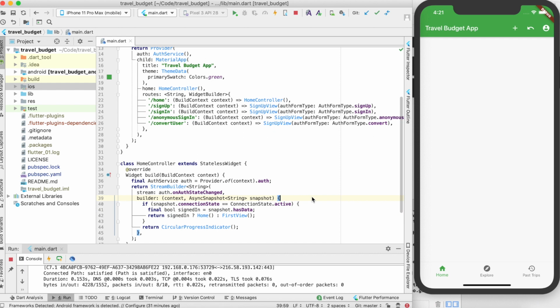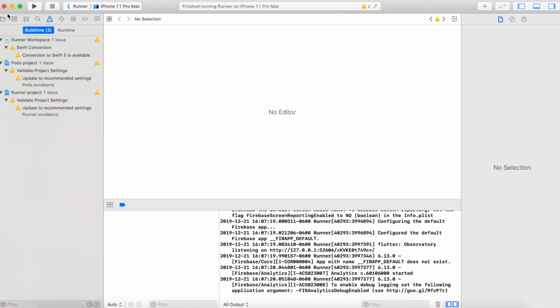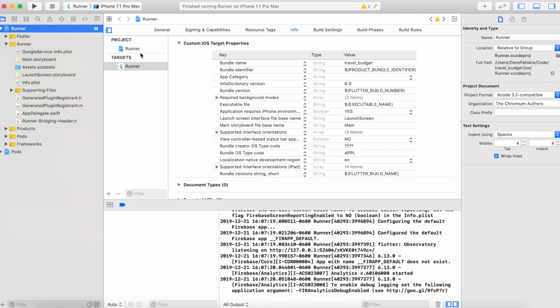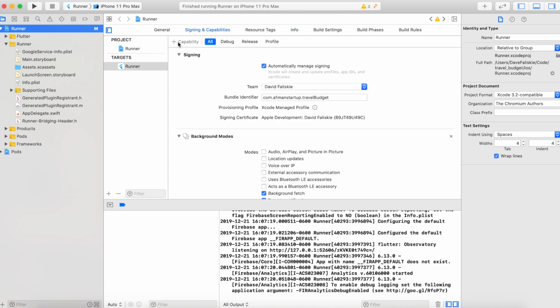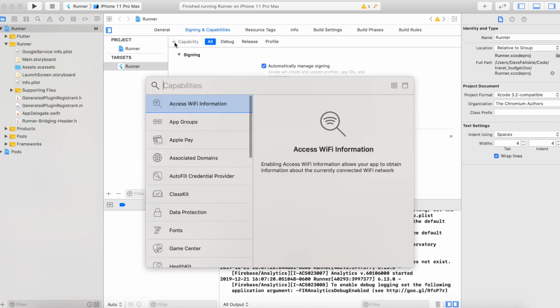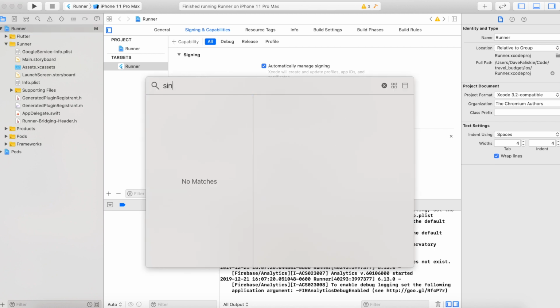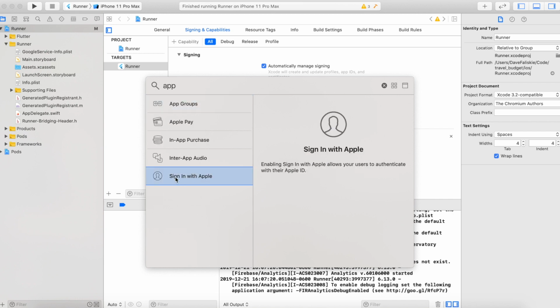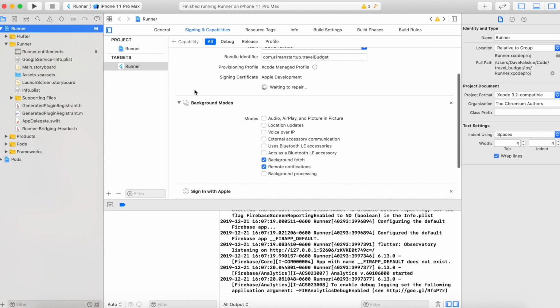All right, so now that we have the app running in Android Studio and we've added our new packages and upgraded Flutter, there is a configuration that we do need to make in Xcode itself, and that is to allow Apple sign-in. So to do that, you go to your project here and go to the runner, and then you're going to want to go to signing and capabilities, and then you're going to add a capability here. So click on this add capability, and then the one you're looking for is sign in. What is it called? Maybe Apple, sign in with Apple. There it is. So add this, and you'll see